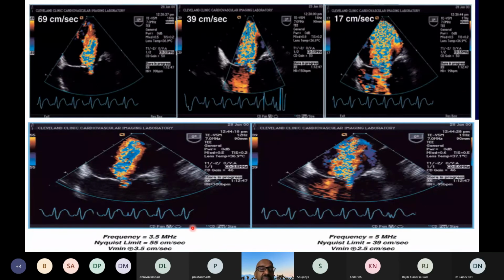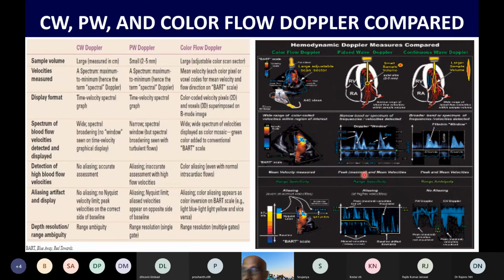machine. So the same regurgitation, mitral regurgitation, can be visualized indicating varying degrees of severity if the frequency settings are not kept optimal. Normally we keep it between 50 to 60 centimeters per second. That is the color flow setting. And here some of the major differences between the color flow Doppler, pulse wave Doppler, and continuous wave Doppler are shown. Quickly revising, this is a revision of what we said in the recent